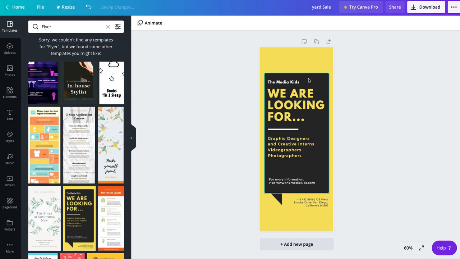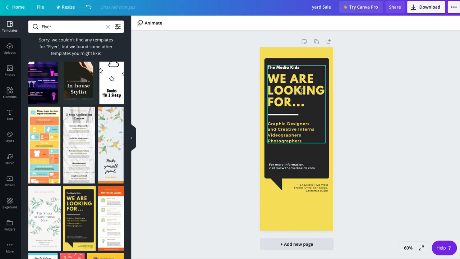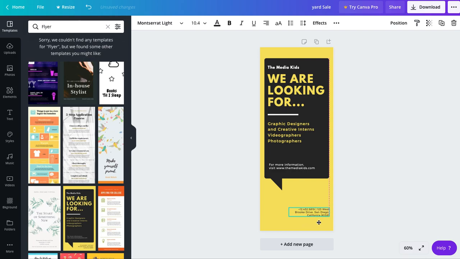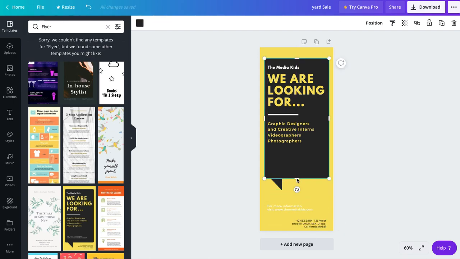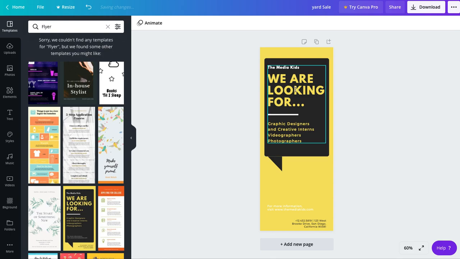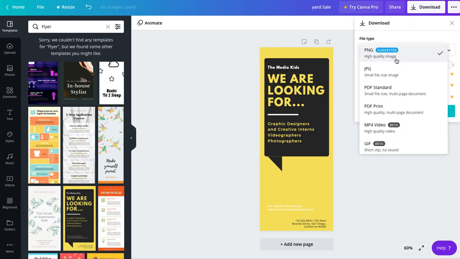And so what I can do is, if I want, I can start to move some of this text up a little bit, and I can just edit the text, and I can move all the elements around to suit my particular specific needs. If I want to put in photos and images, I can. But this is just how I've used a template, and now I'm just going to modify that to turn it into an ad. And when I finish, I then click on download,